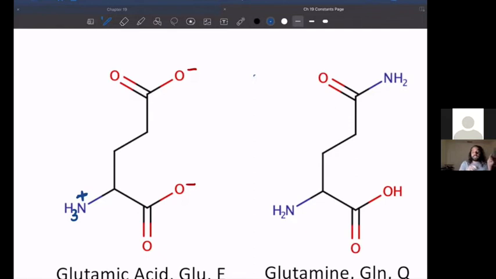That's why I want you guys to get in the habit of being able to look at this group here in its carboxylic acid form and saying, no, I know from what I've learned that that's not a carboxylic acid, that is a carboxylate. Okay, so that is one of the skills that I'm trying to train you guys to have that I think is really important for the ACS exam.